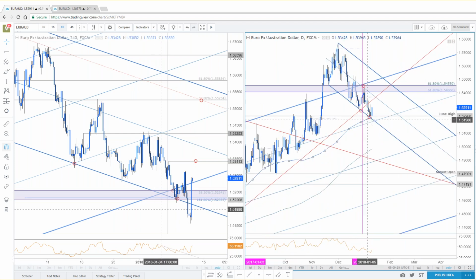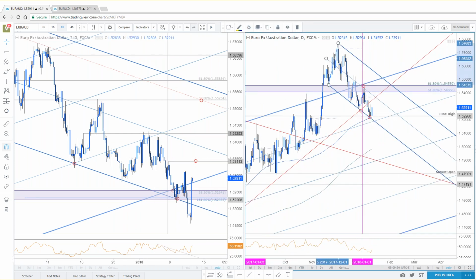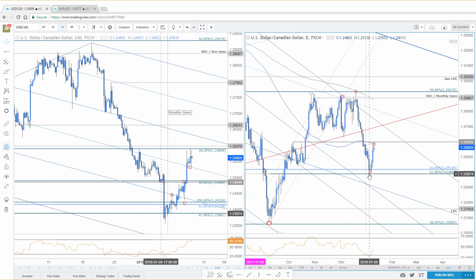We talked about the 100-day moving average. We talked about the lower median line parallel, the fact that we probe below it. And if we close above it, it'd be the same thing that we were looking at last Friday with dollar CAD, right? Dollar CAD coming into that big, big region of support. We spiked below, closed above.